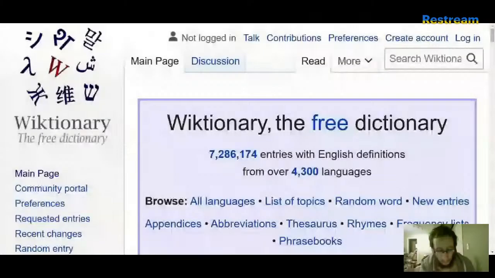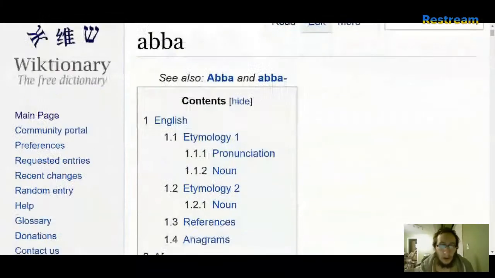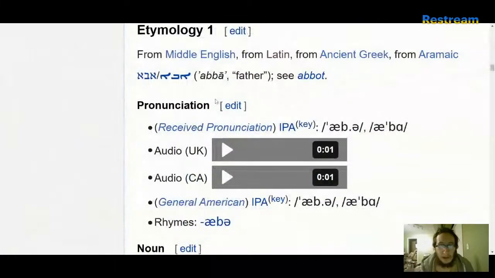Now we're going to look at the Wiktionary page for it. Let me pull it up for you guys. One second. Actually, I can share the screen so you can see what I'm doing. So let's take a look at Ab. It's going to help me pull it up easier. So Abba, it's going to tell us is,